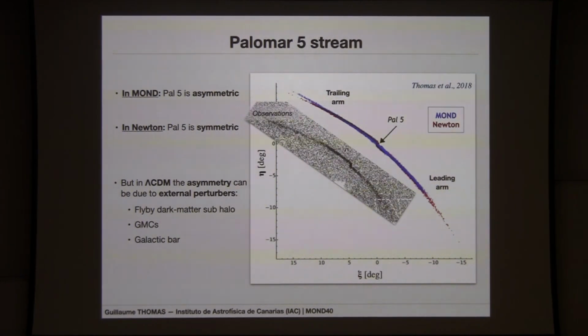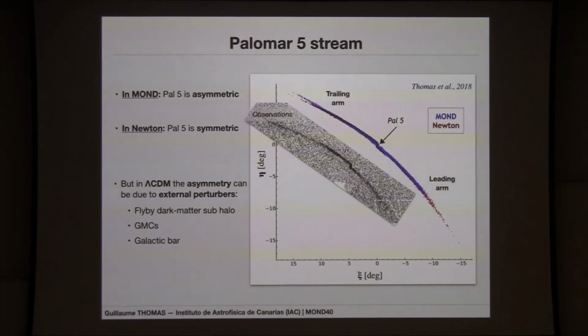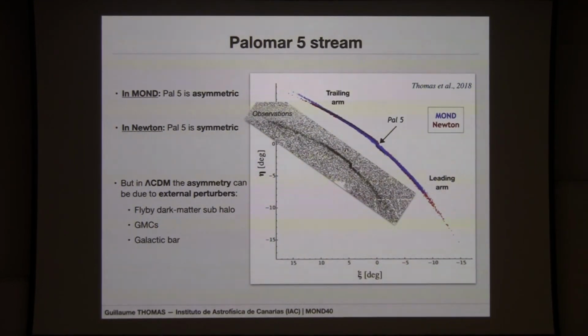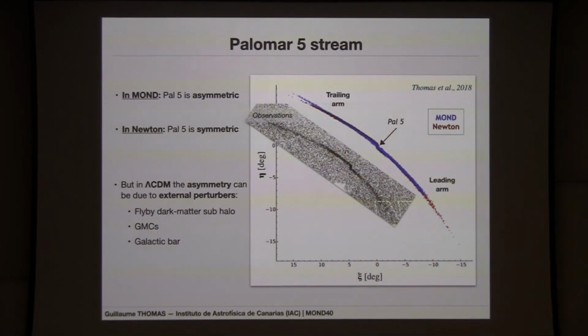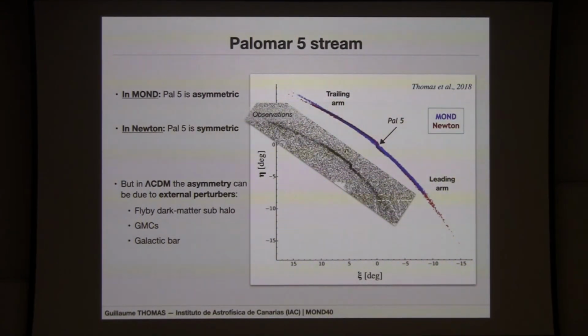And then another one is the galactic bar. The same effect should also be present in MOND potentially, and the galactic bar can also generate an asymmetry. However, and that's something that will be published pretty soon, thanks to Gaia measurements of the proper motions, we can now see that the pericenter of Palomar 5 is never close enough to the disk for the bar to interact, regardless of the mass or the pattern speed of the bar. So actually, we can already rule out this explanation. It's still possible that you have a dark matter halo in lambda CDM or whatever, but I think the easiest conclusion for the moment is that something in MOND, or something else in principle, explains this asymmetry.